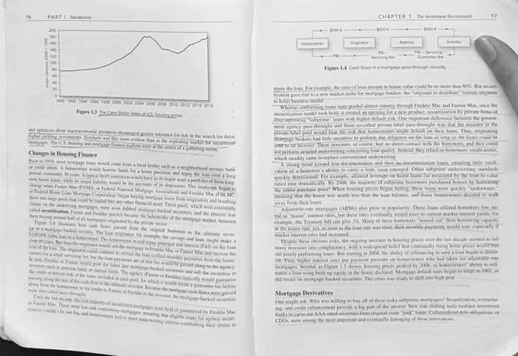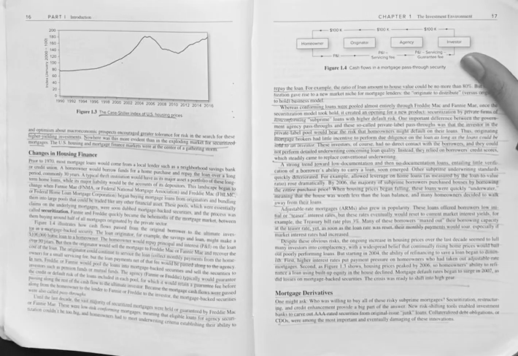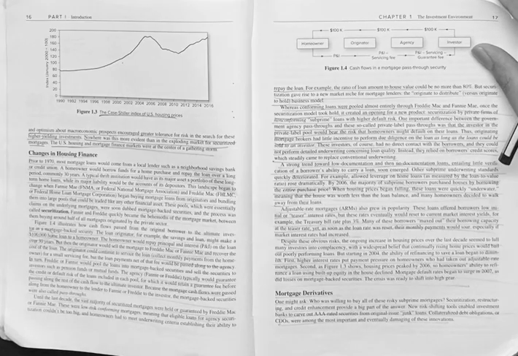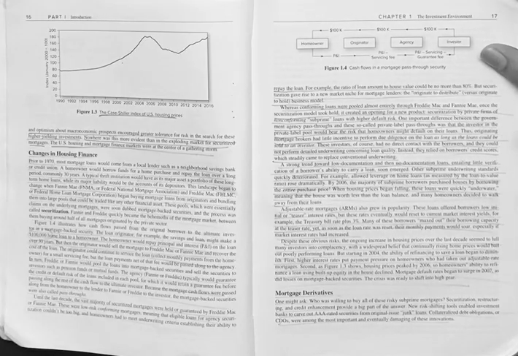But securitization gave rise to a new market niche for mortgage lenders, the originate to distribute versus originate to hold business model. Whereas conforming loans were pooled almost entirely through Freddie Mac and Fannie Mae, once the securitization model took hold, it created an opening for a new product, securitization by private firms of non-conforming subprime loans with higher default risk. One important difference between the government agency pass-throughs and these so-called private label pass-throughs was that the investor in the private label pass-through pool would bear the risk that homeowners might default on their loans, thus originating